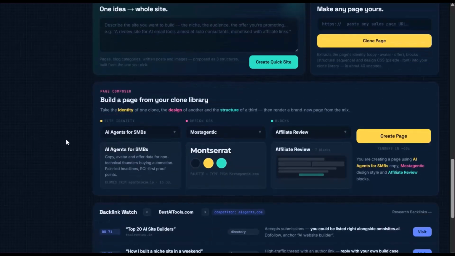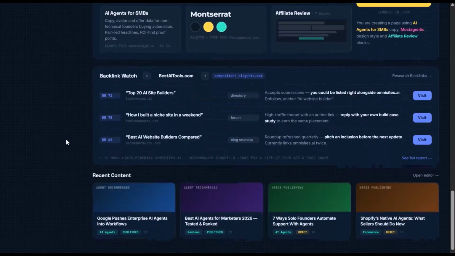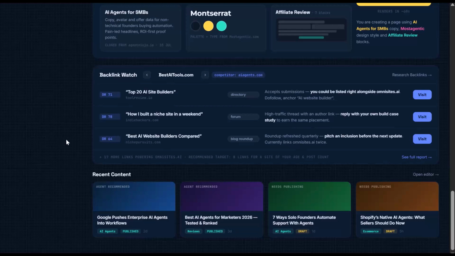Okay, it's absolutely insane. We also have backlinks, and this is one of the things that I'm actually most proud of. This is a relatively simple, isolated part of the tool, but what we do is we basically pull up all the top backlinks for our competitors. And the thing about backlinks I've found is it seems very, very scary, very intimidating. In actual fact, when you research and look at what your competitors are doing in terms of generating backlinks, you'll find in most cases that there are a few